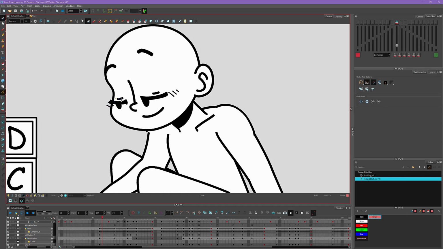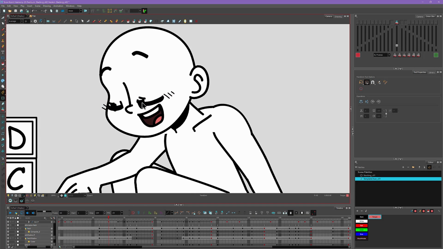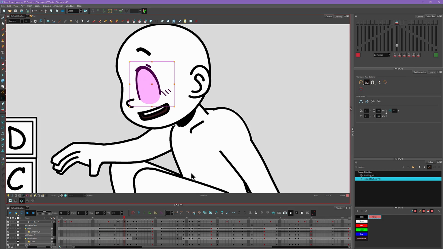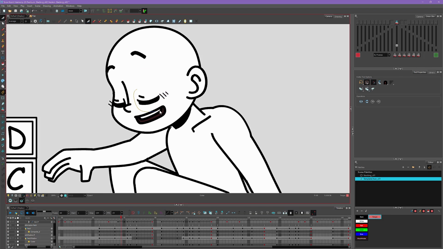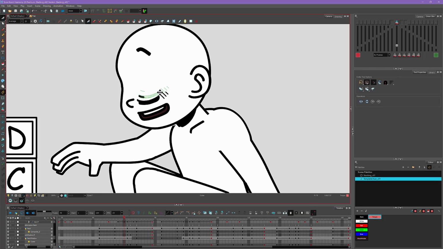And then here we'll have the blink fully closed, so we can take our eyeball, do a duplicate frame, select it, delete it, just like that. Do the same thing on the other pupil. For this eye shape, we don't want it open, so I'll create a duplicate frame and just copy this closed eye shape, paste it here, like that.